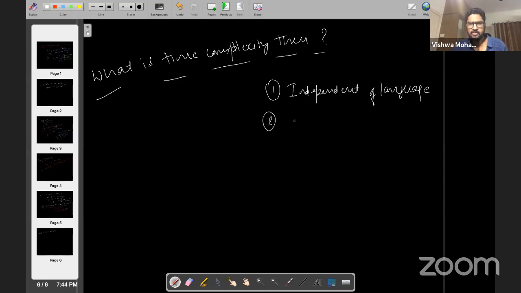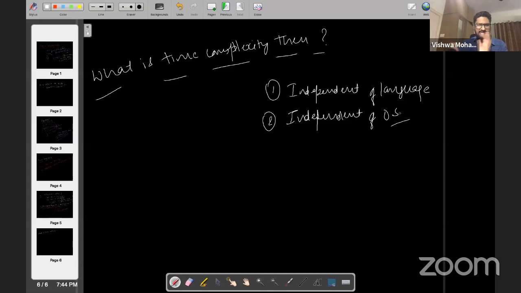And two, it should also be independent of the operating system. I cannot say, okay, I have a Mac, the algorithm that I have written works great on the Mac, right? But if you run the same code on your Windows, it should not work well because your operating system is not that great. Something like that, right? That is not correct. If an algorithm is good, it is good, right? It will work equally well on my Mac, it should equally work on a Linux distribution, it should equally work on a Windows machine, right? So again, the definition of time complexity should be independent of the operating system as well, right?